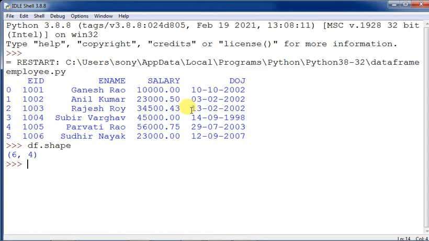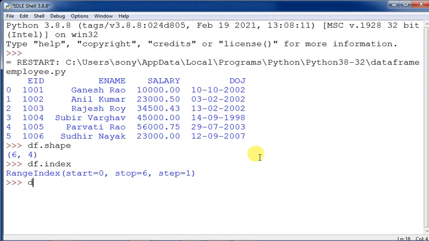Now if you want to print the range of index, then you can give the command df.index. This can be done in the interactive mode of Python. You can do it in script mode also, it doesn't matter, but if you want to verify it one by one, then you can utilize the interactive mode, as I am doing. So df.index will show you the index range: start 0, stop 6, step 1. What does it mean? It starts from 0 and ends at 6, which means the last index will be 5, always one less. And the step is 1, increasing one by one.